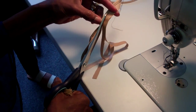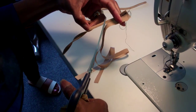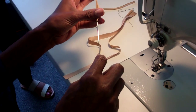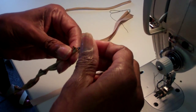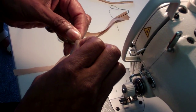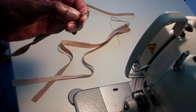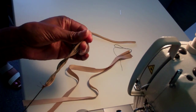And then you can get an even smaller spaghetti strap. And it's going to be very strong. And like I said, this fabric is going to fill in that space. So you can do it even smaller. It's the same thing. Slide it up in there. Make sure this little lever goes down in there first, but it has to catch it so that when you push this up, it'll lock it, and then you can pull it down easy and flip it and turn